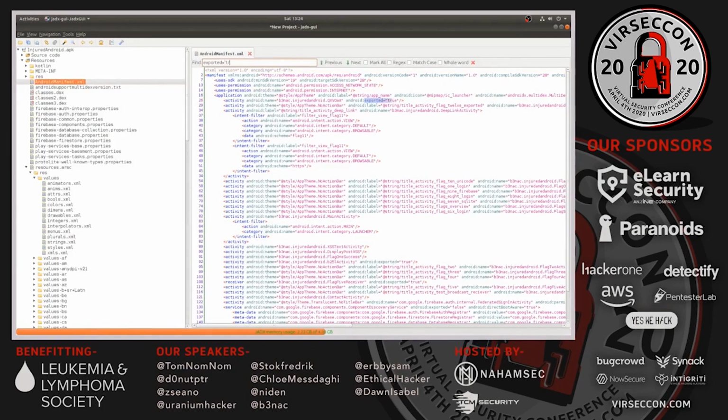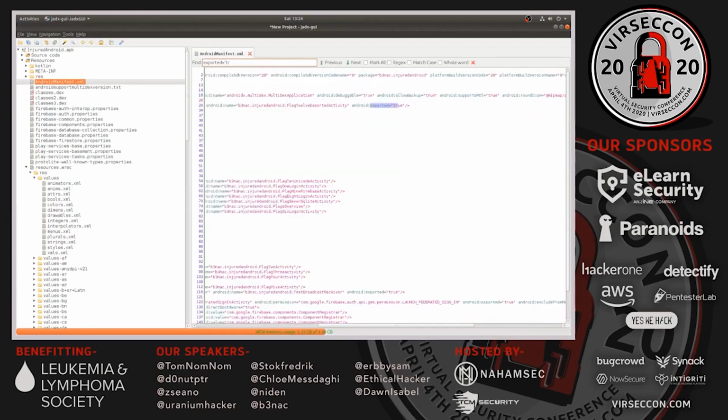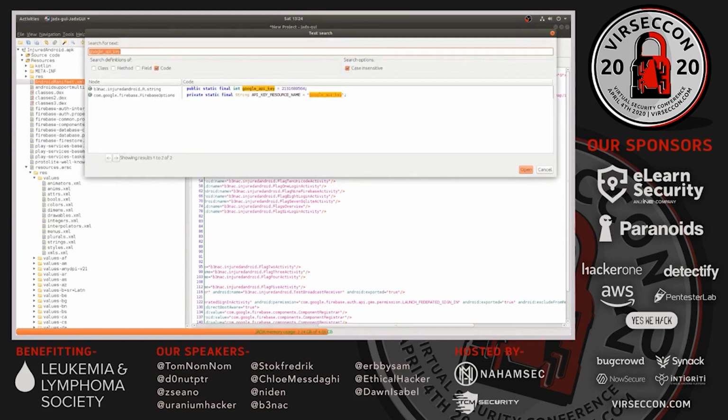Exported equals true, and you can see here that flag 12 exported activity is exported. Who would have knew? Now you go to the search wand, and you can put in